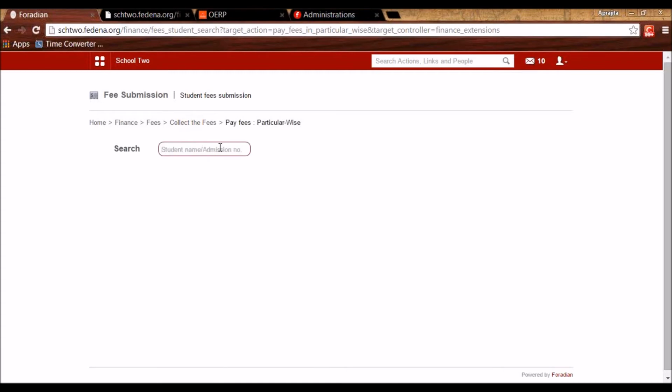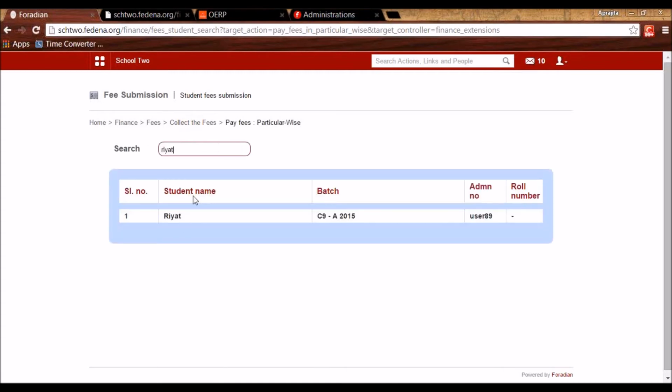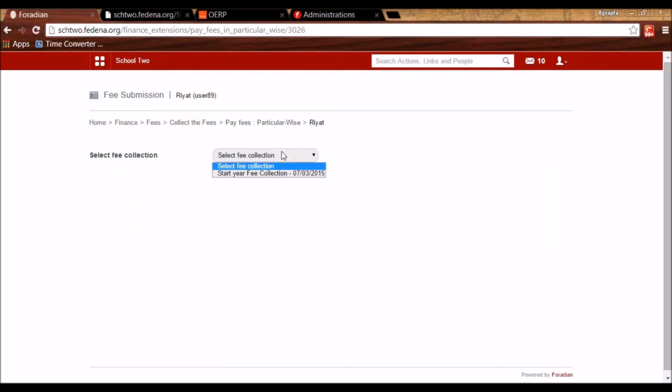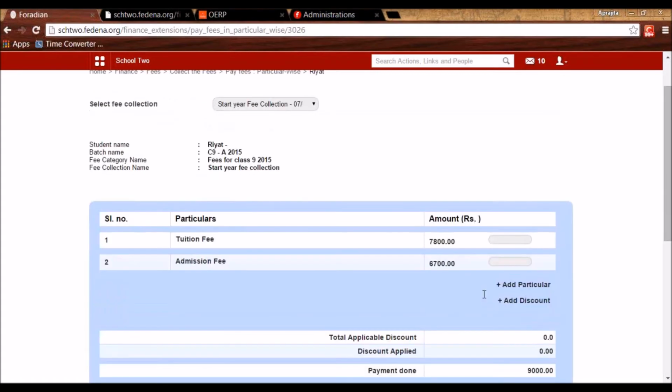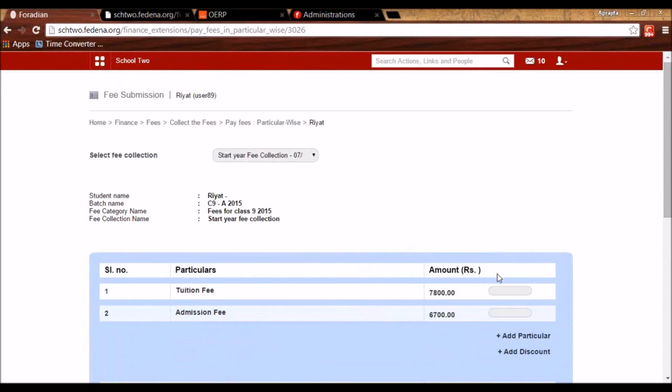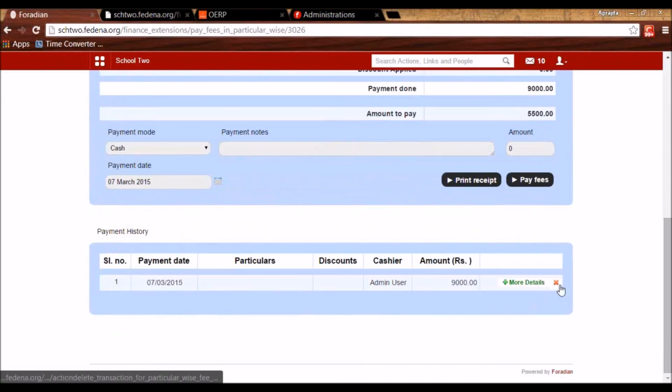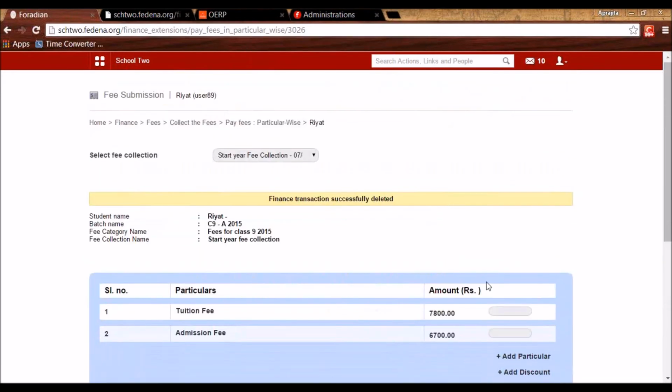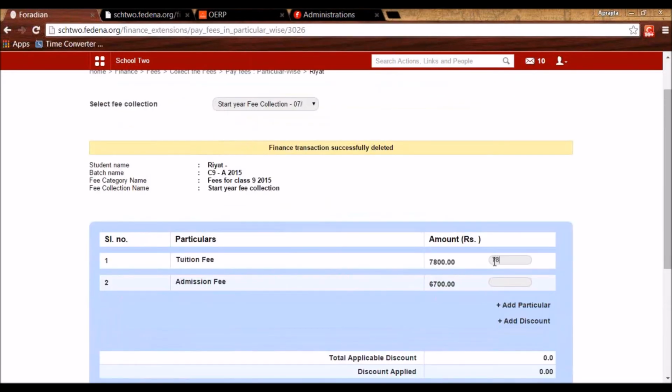We can also take the fees particular wise. It means the student can choose to give some amount of a particular here. So like here, for this, I want to pay, let's say here, let me do from the beginning. Here, let's say that for this amount, I want to pay 7,800, but admission fee, I want to pay this much only.